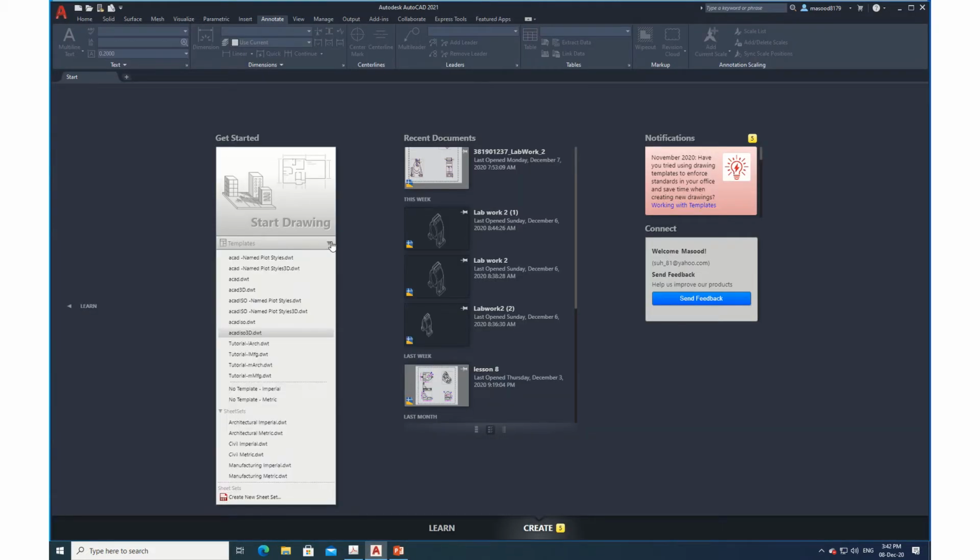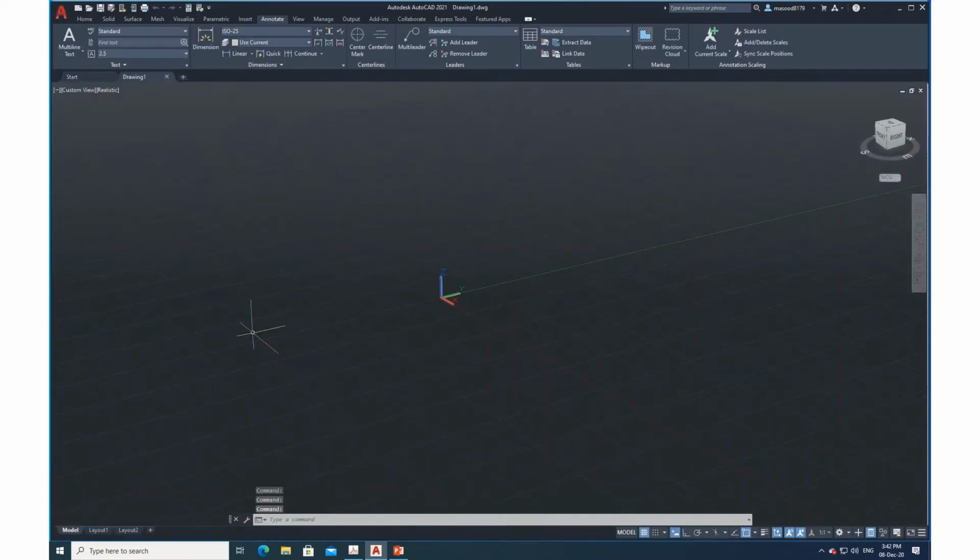Let me open a new file, ACAD ISO 3D. It is open now. I will fix the limits, LIMITS. The moment I type it, initial limits I will take as 0, enter 0 0, and then the next limits I will take as 100 and 100, enter, then Z, enter, E, enter. Okay, so now I have got the window in which the limits are already defined and I can comfortably draw.